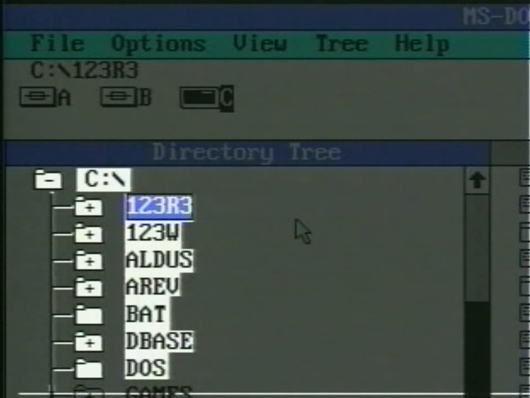Professor, what exactly is the difference between a directory and a subdirectory? Actually, there isn't any. It's all in the way you look at it. This is where this window gets the name tree structure. The C colon is the main or root directory. Everything else in this tree structure is a subdirectory of the root directory, and each of these directories can have